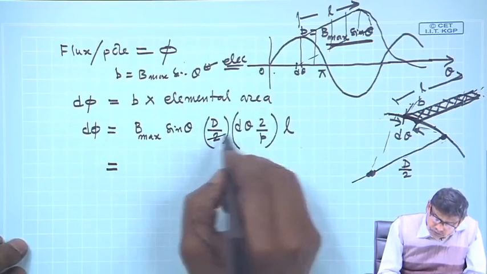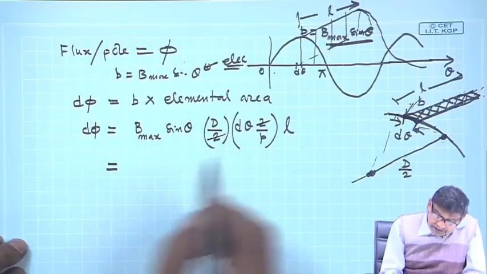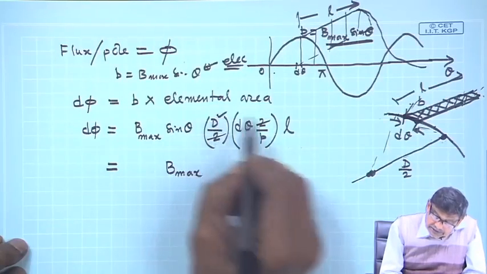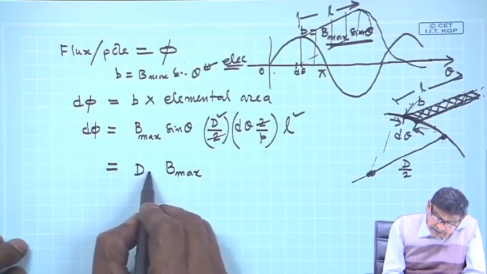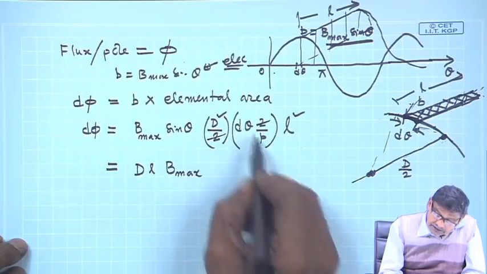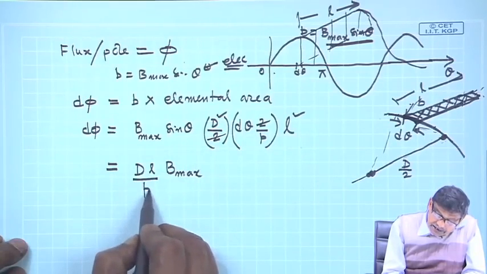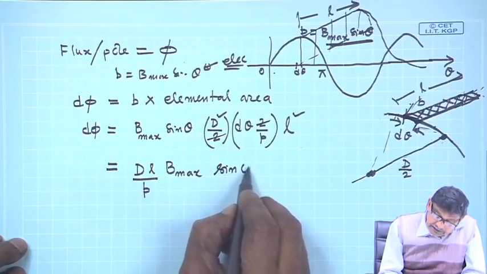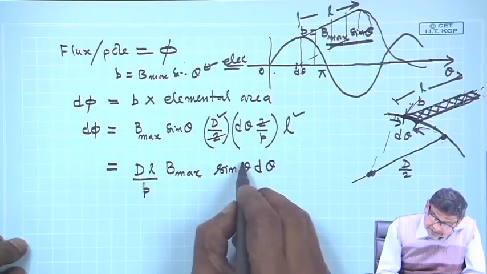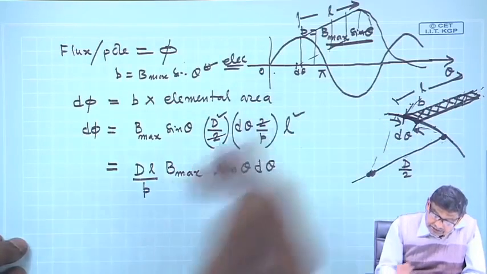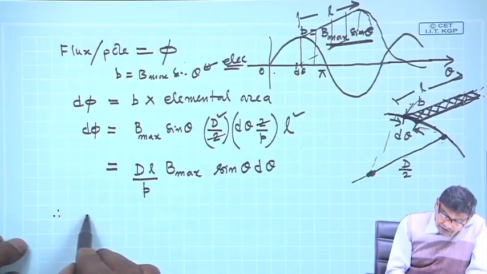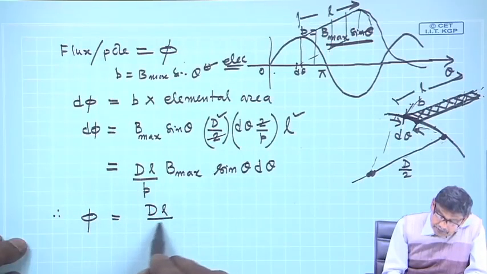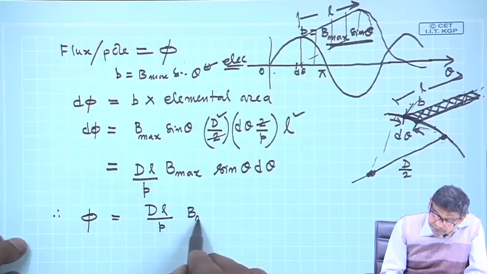So this 2 goes. Hopefully it is correct, let us see. It will be B max, then D and L, where D is the diameter of the rotor, d theta, and there was a P here, and then this is sin theta d theta. Now this theta is in electrical, d theta is also in electrical. Therefore, to calculate flux per pole, D L by P B max,